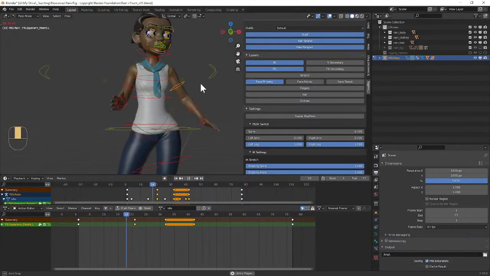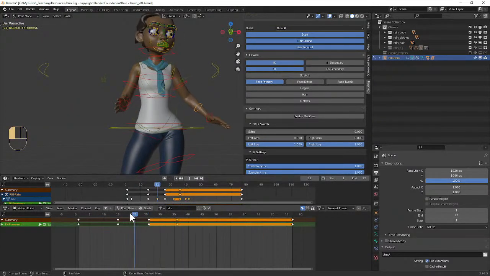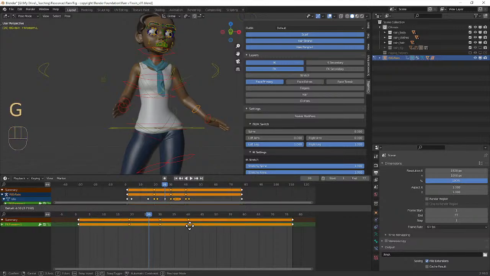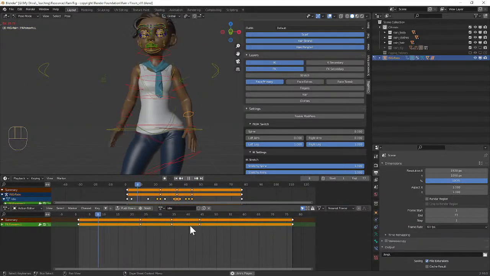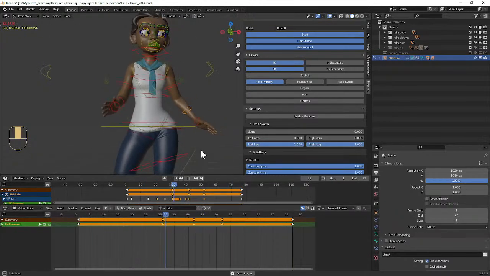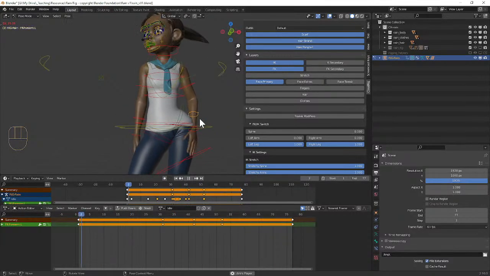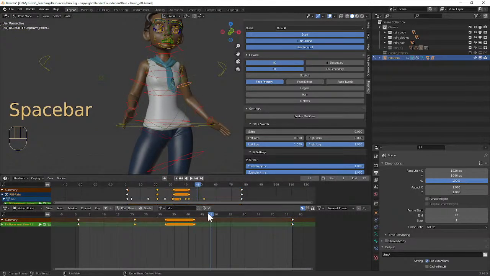Okay, so this is where we can go in and start successively breaking our forms to get overlapping action. So I could take this forearm now and say, you're gonna happen even a beat slower than those other two things. Just shift those over. It's kind of hard because this arm only bends on one axis, so I won't be able to tell. So what I'd actually need to do is have this arm